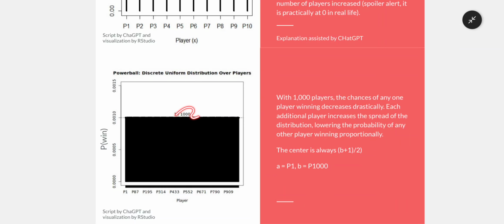And as with any other uniform distribution, the center is always just going to be (P1000 plus 1) divided by 2, so your center would be at 500.5. So that would just be your center right there. And then, as always, we have a lower bound of P1 and an upper bound of